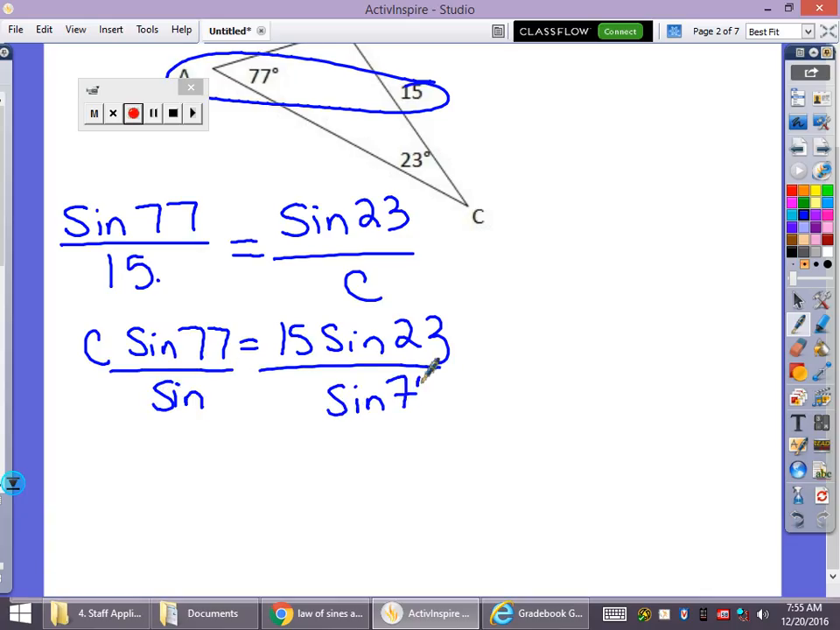Now, if you were old school like me, we used to have to open the back of our math textbooks and there was a chart and you would have to find 77, go over to sine, and write down the decimal answer and do it the long way. But you guys have great calculators that will do it for you. So you're going to type in your calculator 15 sine 23 divided by the sine of 77, which gives you, to the nearest tenth,